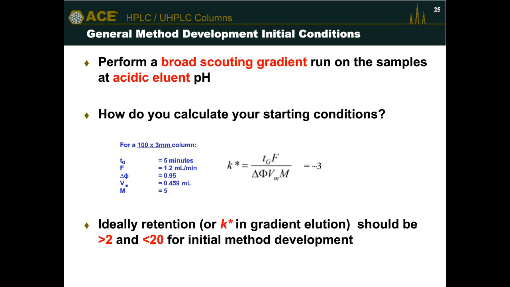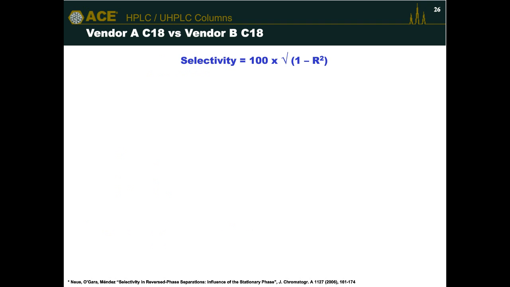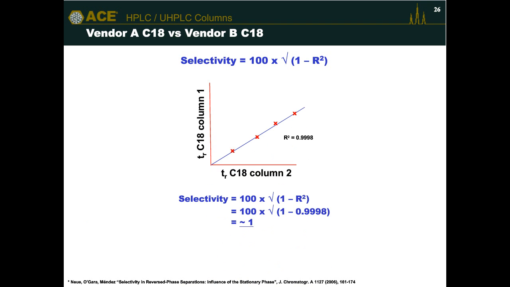And we tend to look at Uwe Neue's work for comparing parameters within chromatography. So if you run a set of probes down one column under a given set of conditions and record the retention times, you then do exactly the same set of analytes, the same set of probes under the same set of conditions, but on a second column, then you can plot the corresponding retention times and get